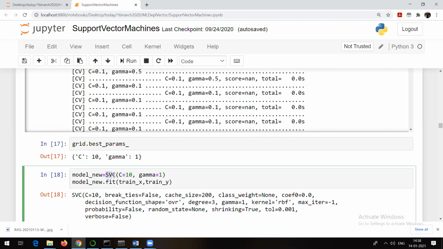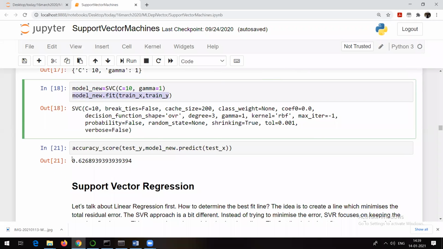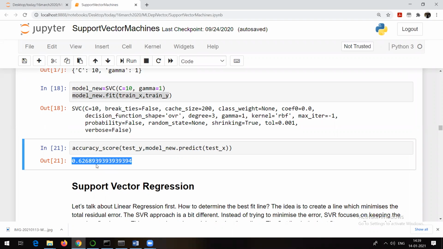Once we got the best values for C and gamma, we passed those values to the SVC method, and then again we started training the model based on training data. So SVC with C equal to 10 and gamma equal to 1. We created an object of that, and then we wrote object.fit on the training data. And we noticed that the accuracy increased by 2%. Earlier it was 60, now it is 62.68.